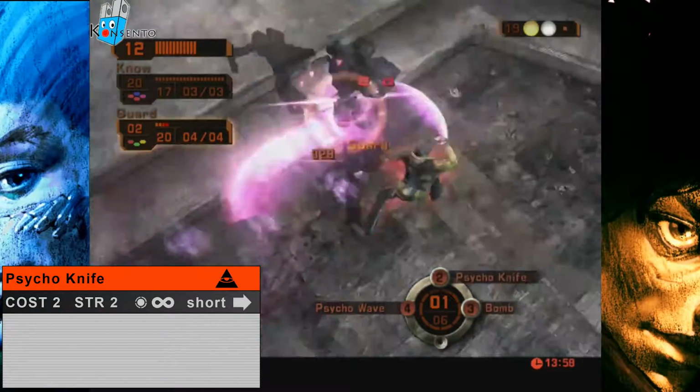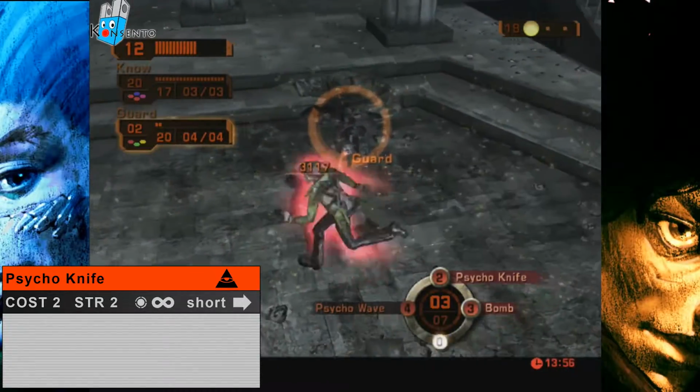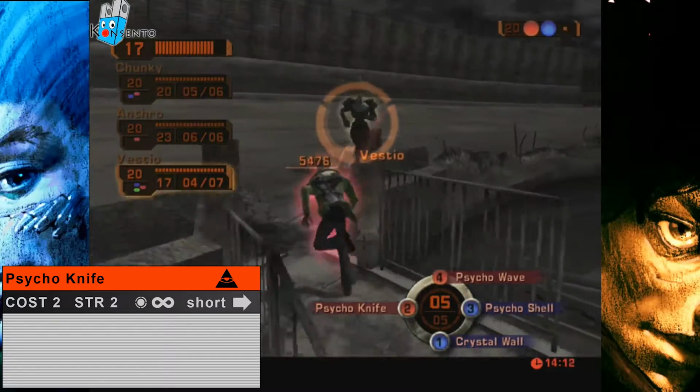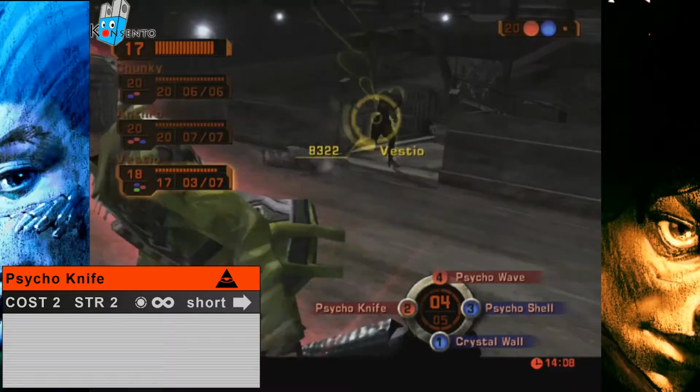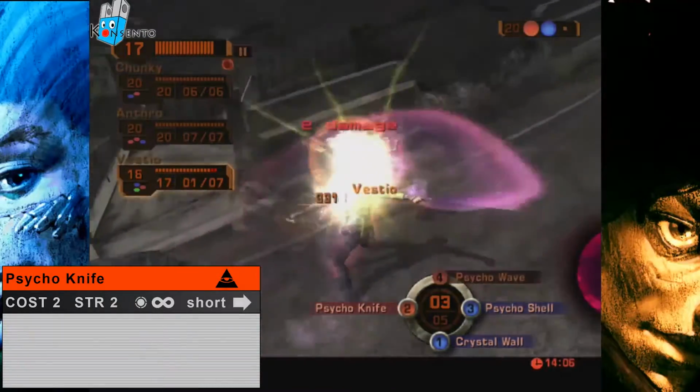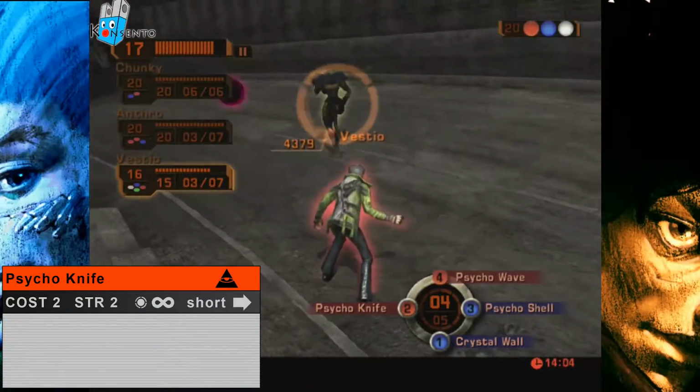Now Psycho Knife is one of your basic abilities. It's a short range ability, has a small knife animation. It's kind of like a chop, like a side chop. And it costs 2 and it deals 2 damage. Pretty simple. The cool thing about this is your first attack is not going to be able to knock down